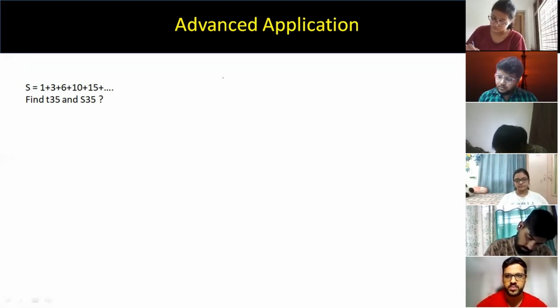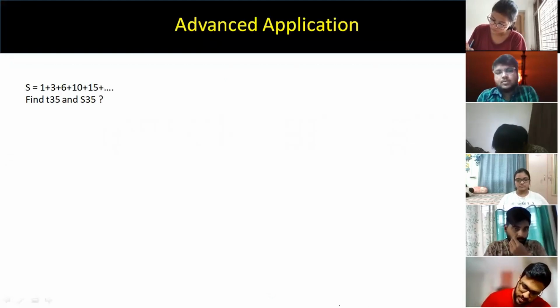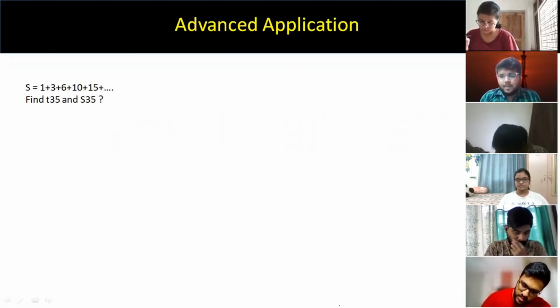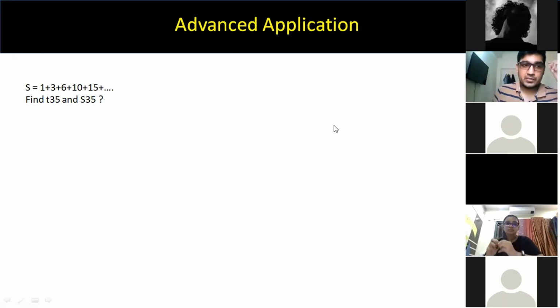Now you know Tn. Tn is n into n plus 1 by 2. So Sn क्या होगा? Summation लगा दो. Half common लेके summation of n square plus summation of n. N into n plus 1 into 2n plus 1 by 6 plus n into n plus 1 by 2. Put n equals to 35. So see, this is nothing but